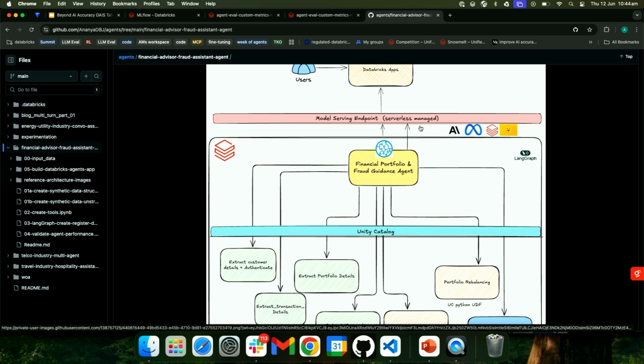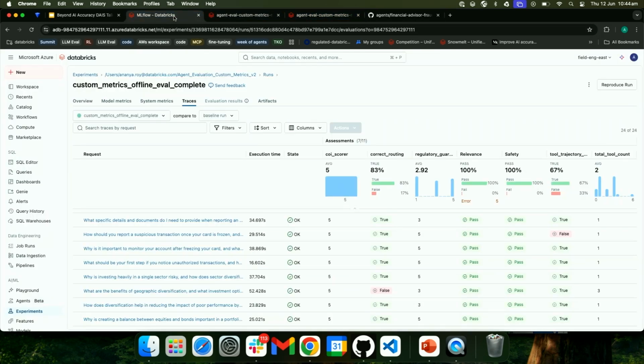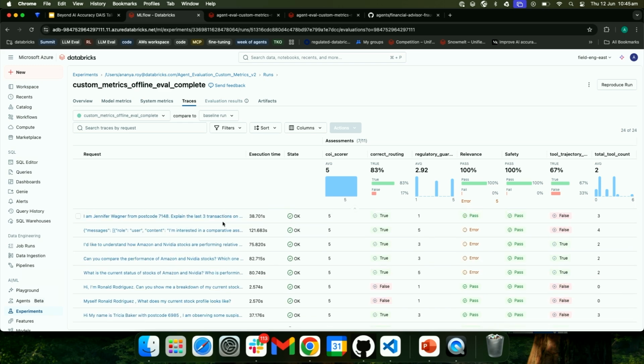So that's my goal. I need to understand how my application is performing. What I'm showing you here today is that I have run my application across different types of questions. I have deliberately created some edge case questions because I want to ensure that my application is performing well.